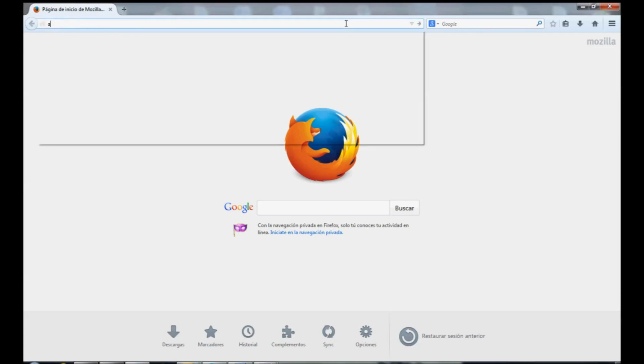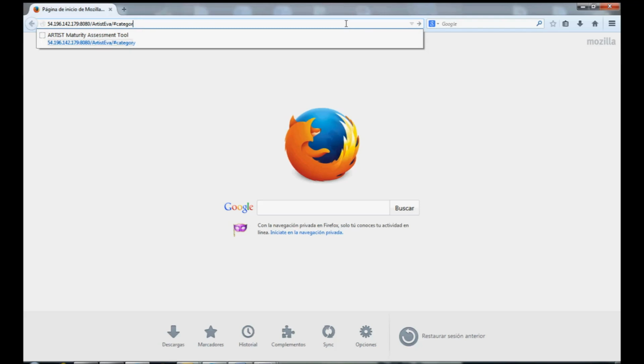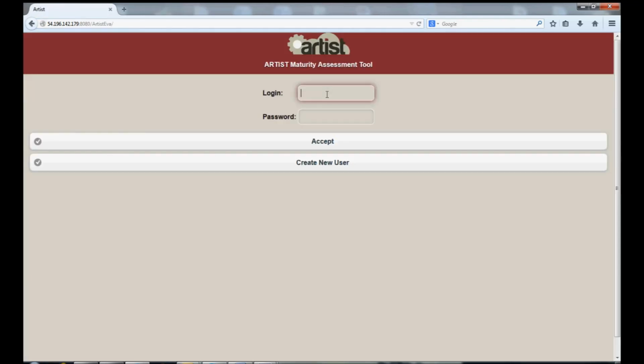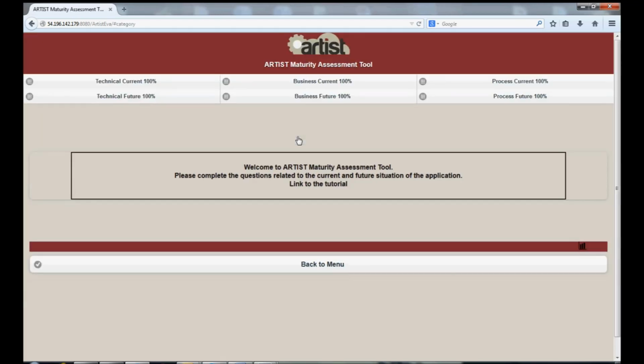The Artist Maturity Assessment Tool is a web-based tool that analyzes the maturity of a legacy application, in this case the Petstore web application, with respect to its migration to a cloud, considering technical, business and process aspects. The Maturity Assessment Tool requests information in a structured and clear way under 3 dimensions, technical, business and process, for both